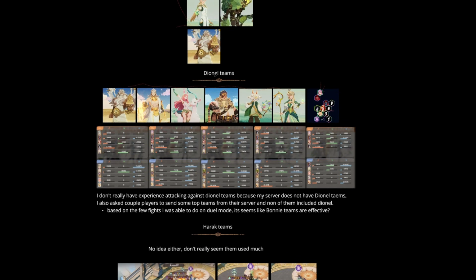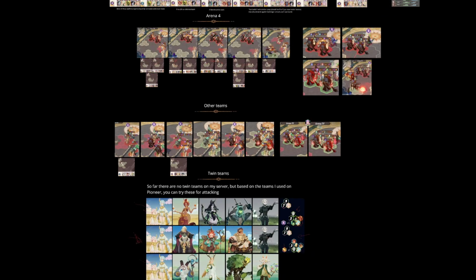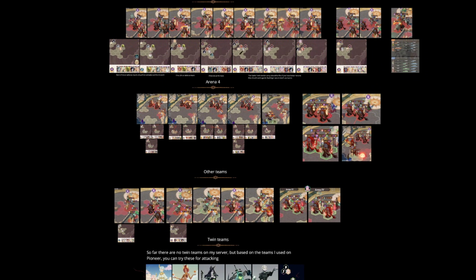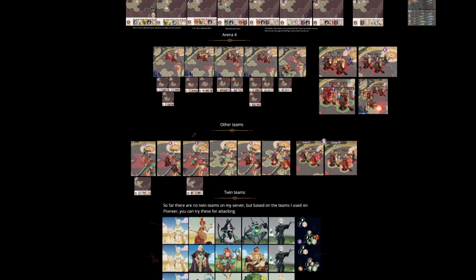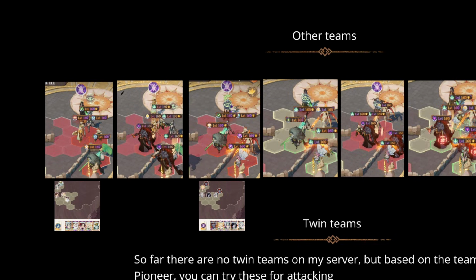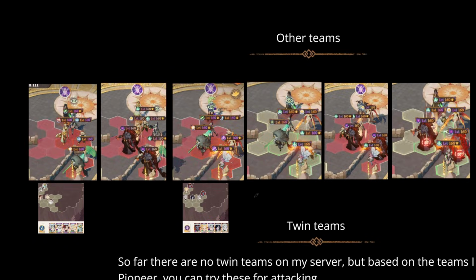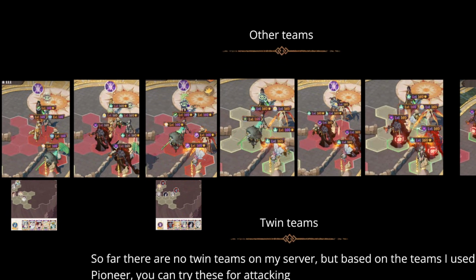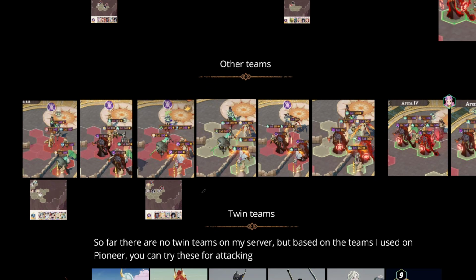That's about it. This is kind of like the meta update. And I would say that most teams, at least on my server, are either running some variation of the Bonnie teams on the map 3 or the map 4 or the map 1, but I wouldn't use the map 1. And then some people are still using these old Scarletta Haven type comps, or Lily May Haven, or Tassi Tailin teams. But yeah,